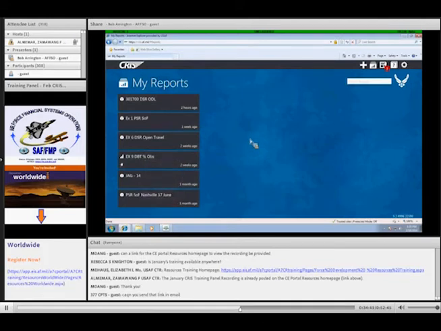There is a limit to the number of tiles on the dashboard. I think it's 24. Isn't that what we discovered, or 14? 14. 14, okay. It's 14 on your dashboard.